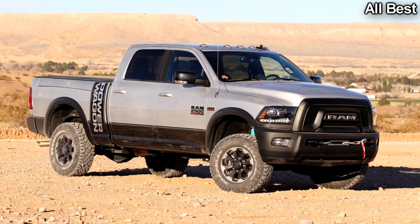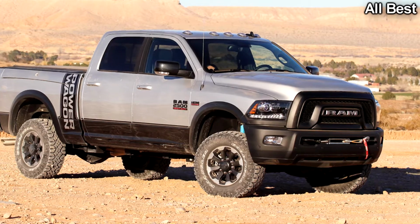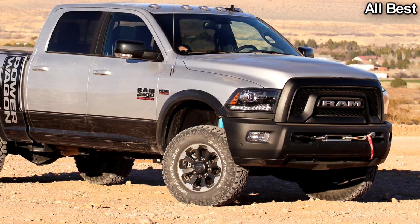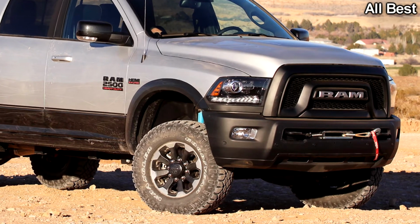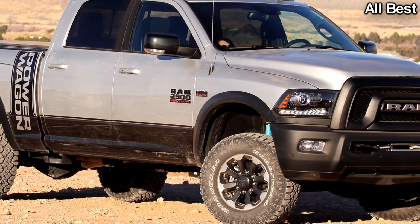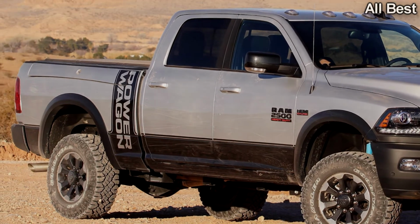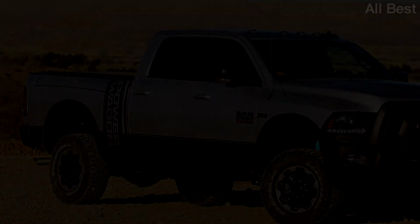All in, you can spend around $60,000 on a loaded Ram 2500 Power Wagon. That's not too bad in the context of Ford's Raptor, which costs about the same, but in the larger scope of brand pickups, I'm not really sure why you'd actually buy the Power Wagon. Seems to me you're either getting this thing for its appearance or its heavy-duty capability, and in both cases, there are more reasonable choices to be made. The less expensive Ram 1500 Rebel looks the part, and is more